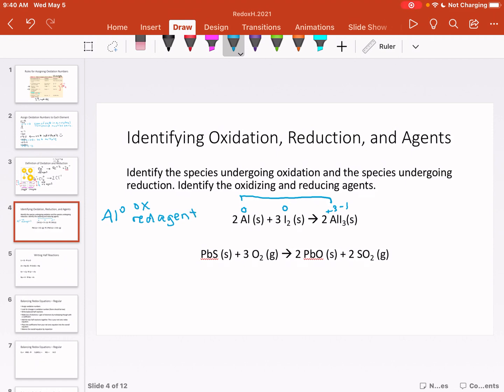When I look at the iodine, it goes from 0 to -1. So I can see that its charge went down. My iodine,